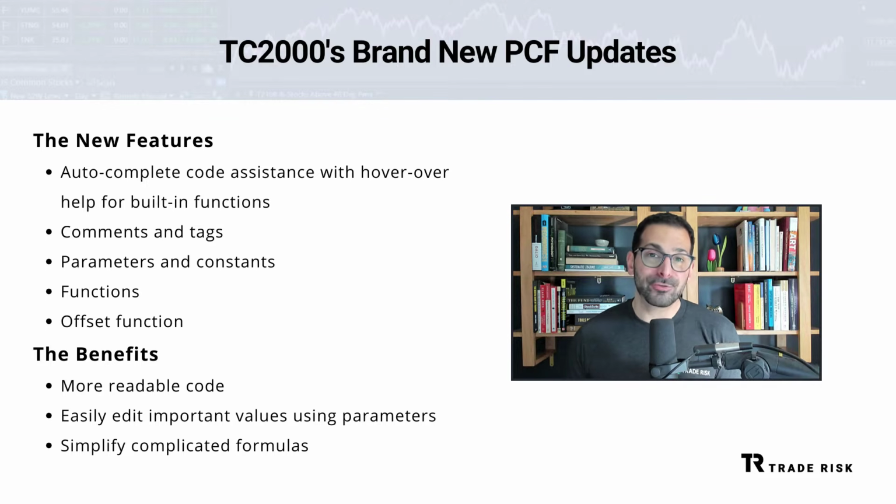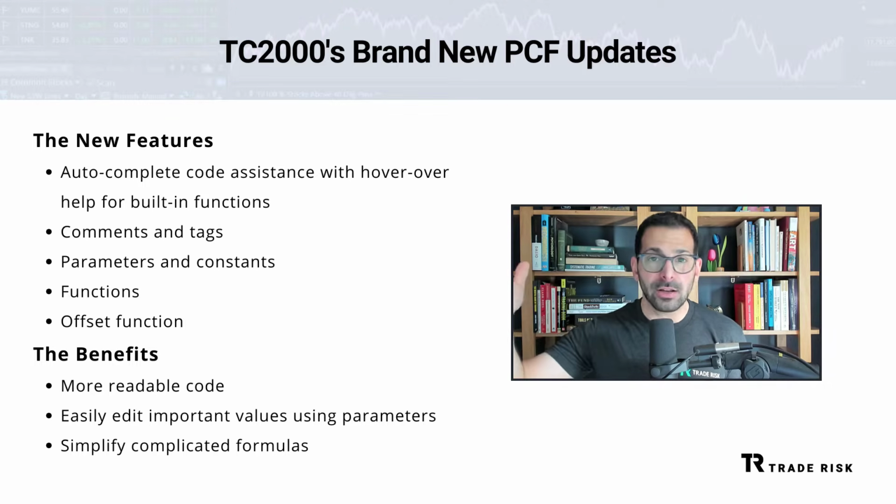So in this release, we've got things now like functions, parameters, comments, tags, and highlightable syntax to show you the pre-built options that you have available. This is all really good news for builders in the platform like myself, like Trade Risk, where currently we are